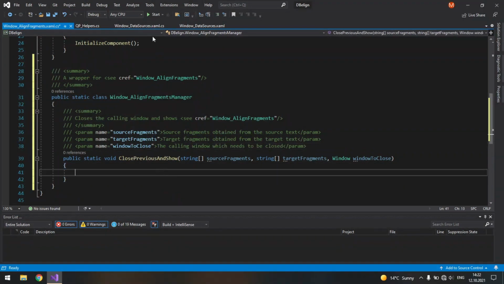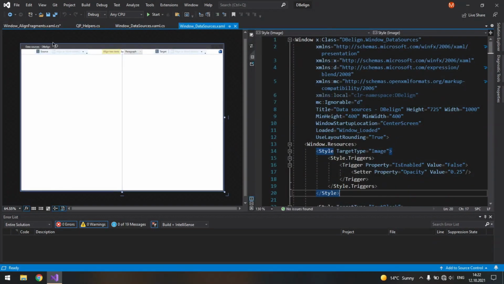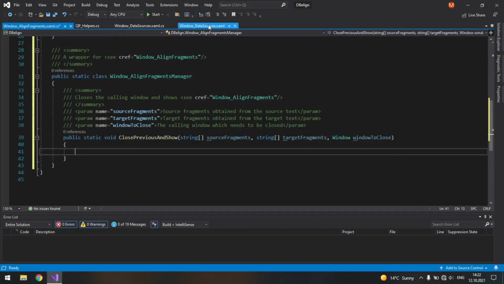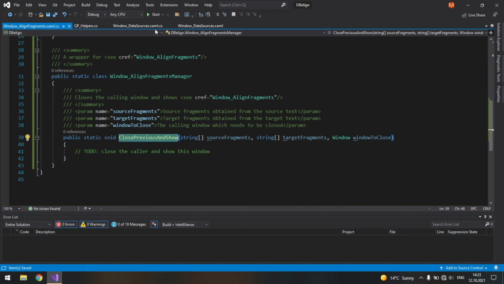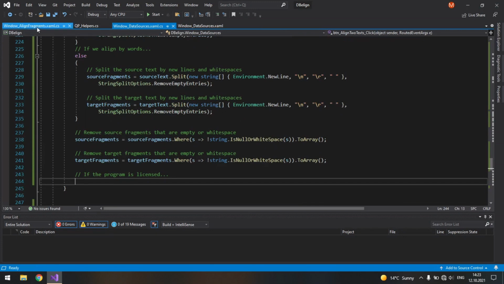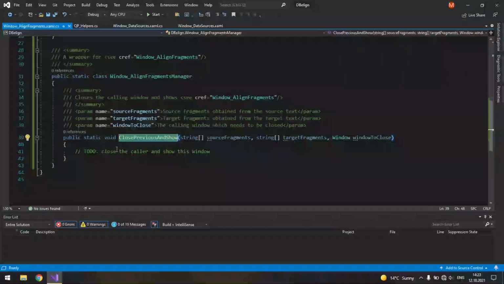Well, of course, if you want this window to stay, you don't need this wrapper and you can just use the default constructor out of the box. But still, I prefer to first close this window before opening this one. So to do: close the caller and show this window. I have just created it only to have a method to accept this data. But the processing of this data will be added later.